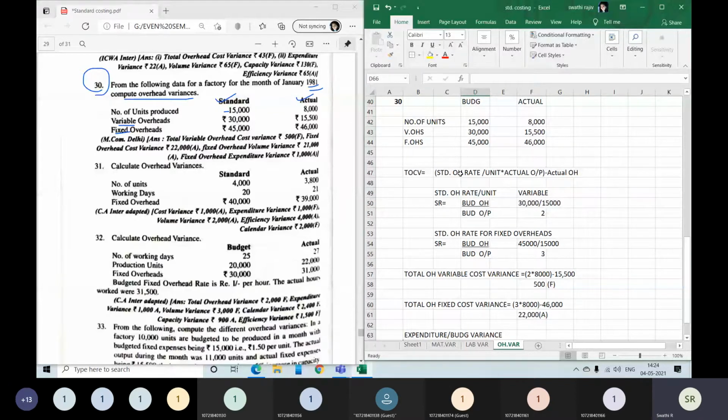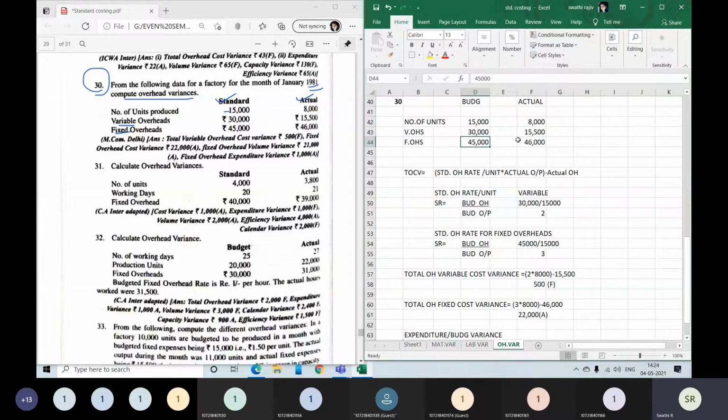What is your budget overhead cost? There is nothing to calculate. 30,000. 30,000. Listen, say it. 30,000, right? Because expenditure variance is one of the easiest variances ever, because you have nothing to calculate. This minus this minus this will give you budget overheads. You don't have SR and AP, and you don't have to look anywhere. What is budgeted minus actual? That is it. How much difference came in expenditure? That is all that you're checking.